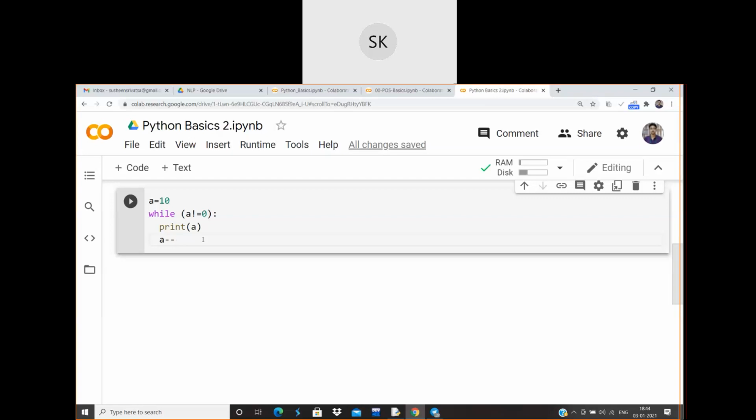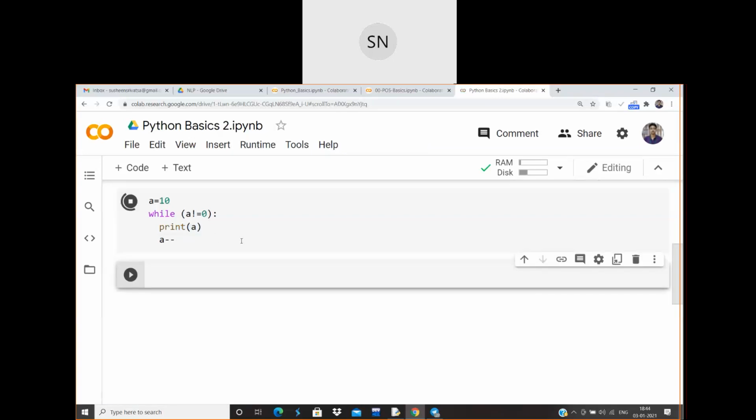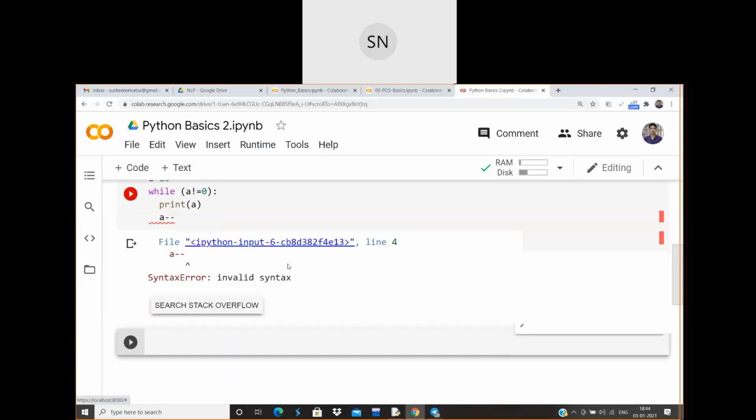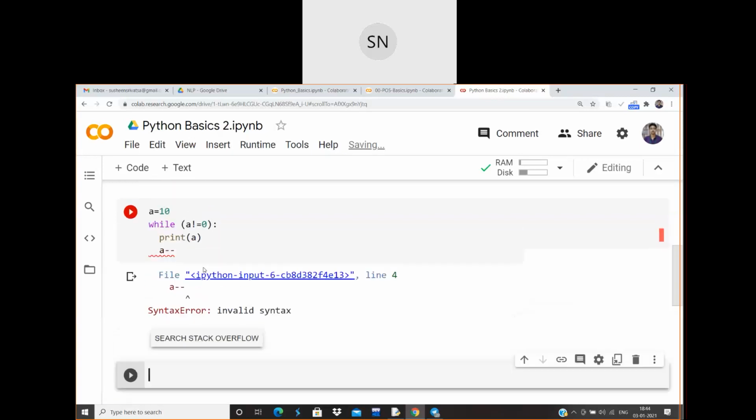Okay, fine. Let me execute this one. See, I'm getting a syntax error over here. The reason behind the syntax error is that there is no increment or decrement operator in Python.